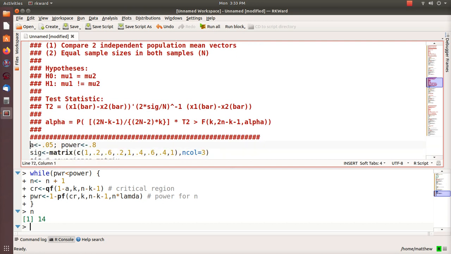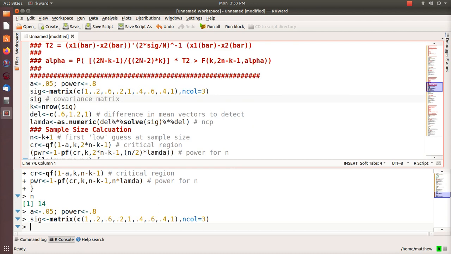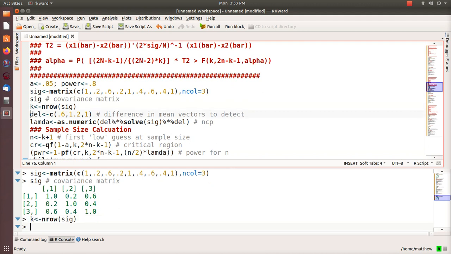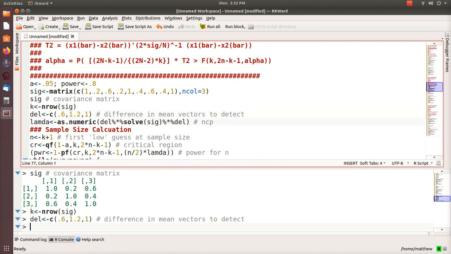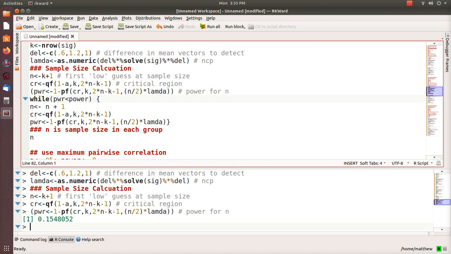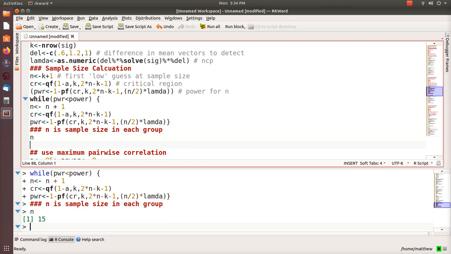So this is how we do it. Alpha, and we're going to use the same estimated covariance matrix, sigma. But remember, we have two populations here instead of one in the previous example. K is still 3 dimensions. The delta, the shift between the two mean vectors, is 0.6, 1.2, and 1. Lambda would be this. We start out with a small sample size. Its power is 0.15, which is not enough, so we start incrementing by 1. And then the n is 15. Now that's 15 in each group, so we need 30 total